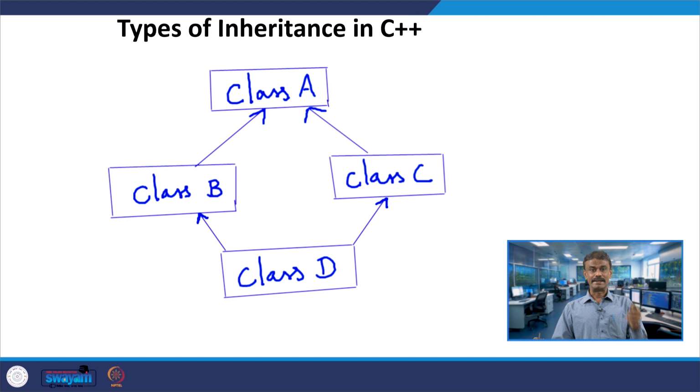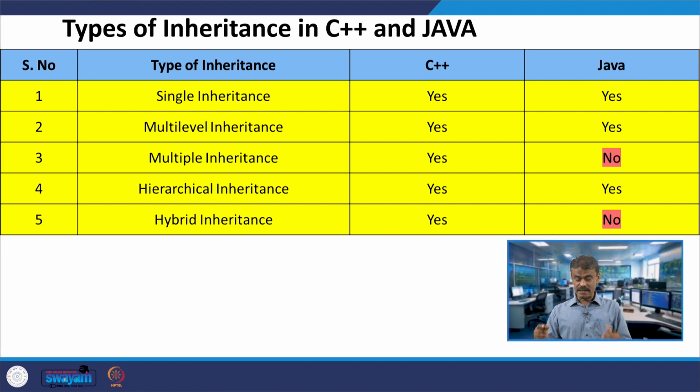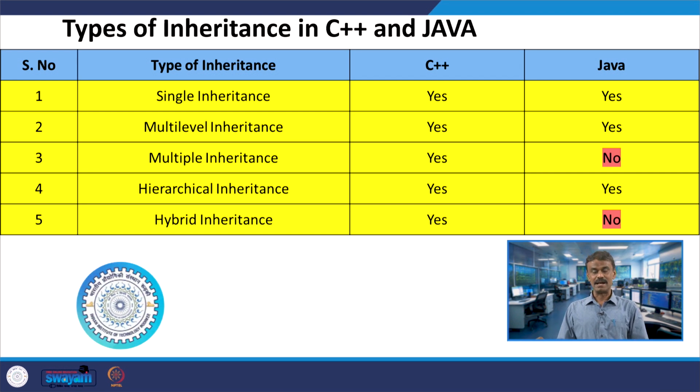These are all the types of inheritance we had seen in C++, with all the examples and properties, along with the friend function. We have concluded that all these 5 types of inheritance are available in C++, whereas multiple inheritance is not available in Java. So, obviously, hybrid inheritance is also not available in Java. We have seen several examples and several case studies. With this, we are concluding the inheritance concept. Thank you.